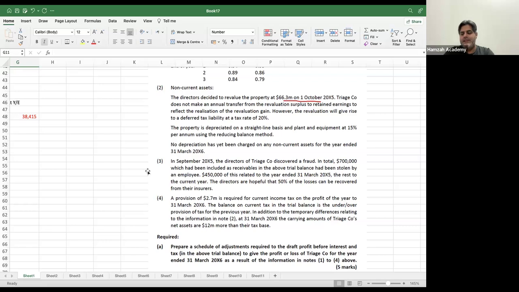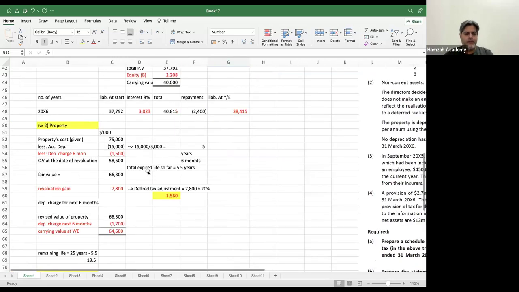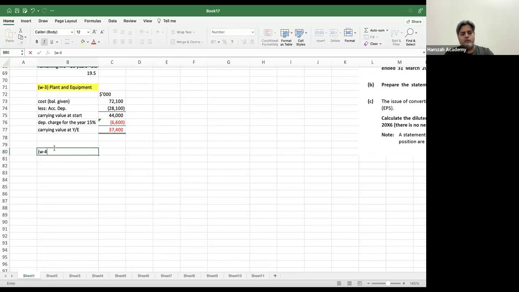So, technically speaking, we have a fraud of the receivables over here, which we have to adjust in our accounts no matter what. And the frauds or the errors, if we have them in the accounts, we have to adjust them in full. So, even if they are hopeful that 50% is going to be recoverable, we cannot show it in the accounting. We cannot record it in the account unless we are virtually certain about it, all right? So over here, what we have to do is, I'm going to go in working for